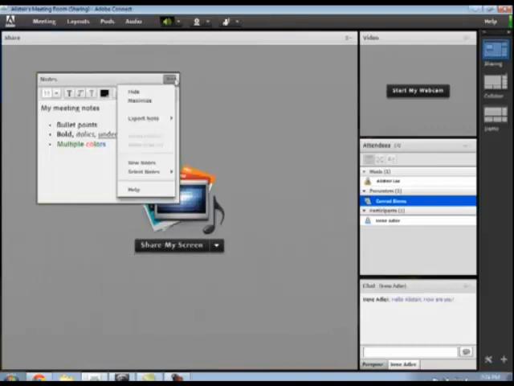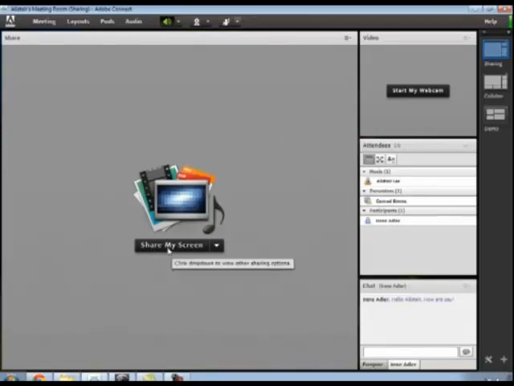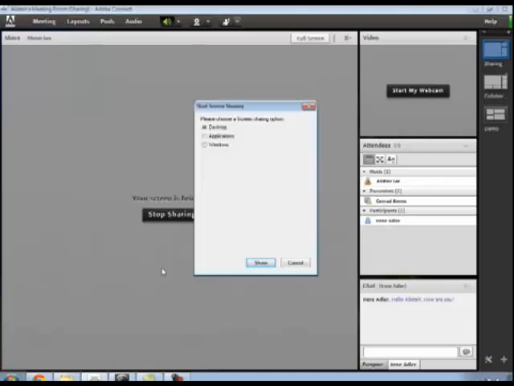For now though, I'm going to hide them so that we can take a look at the Share pod, which is the most powerful pod inside of an Adobe Connect meeting. The Share pod can be used to share a lot of different kinds of information. By default, as you can see here, if I click the Share My Screen button, I'm able to do desktop sharing, either my entire desktop, or I can select specific applications, or even specific windows on the operating system to